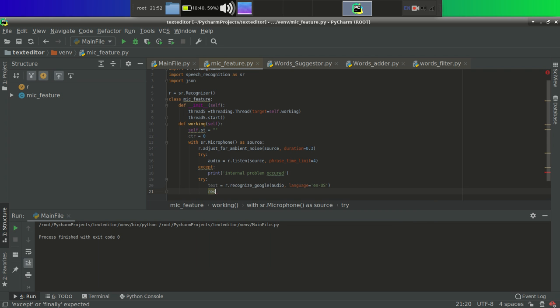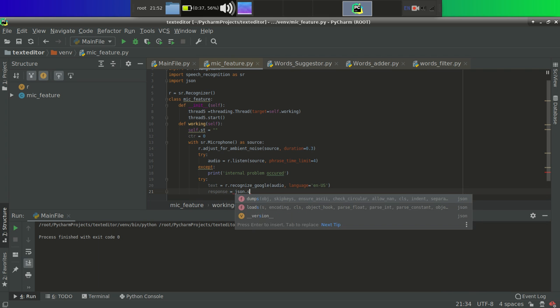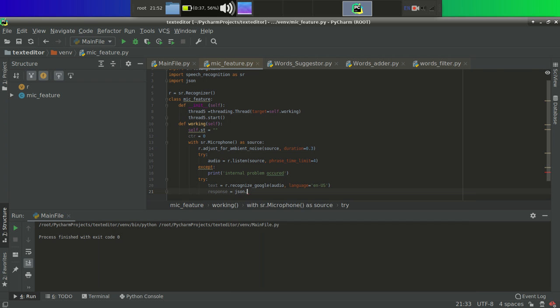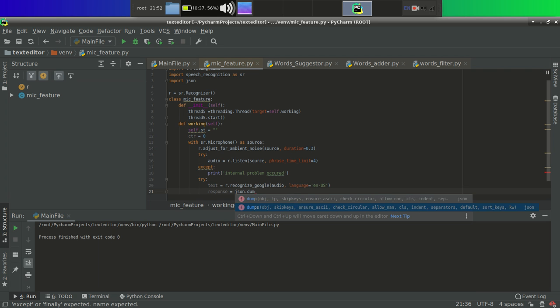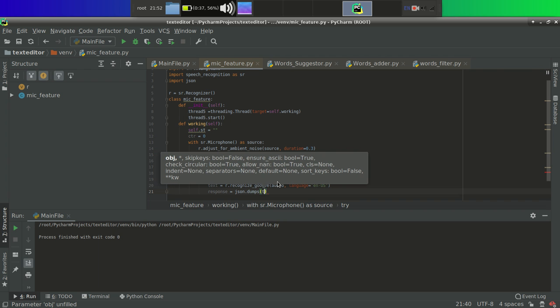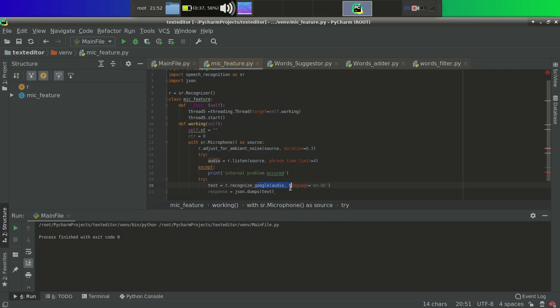So let's put response equal to JSON dot dumps, because it will handle the output of this text, and also it will save our program from throwing exceptions or errors. So json.dumps text